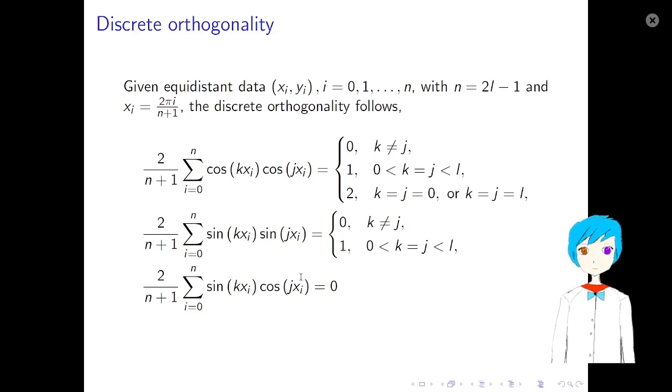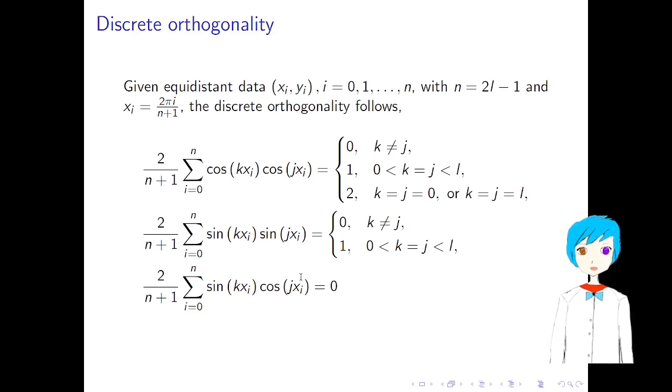So in numerics, instead of doing the continuous space integration, we are doing the discrete summation. So we have the discrete orthogonality. If we are using cosine and sine, then suppose we have equally distributed points xi being 2 pi i over n plus 1, then the discrete orthogonality follows